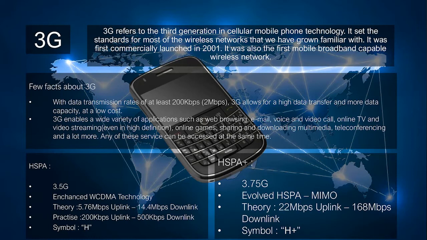Next, HSPA Plus. After another improvement and advancement in the HSPA network, an evolved version in release 7 of 3GPP was launched as HSPA Plus or Evolved High Speed Packet Access. This is also termed as 3.75G, with advanced encoding technique and using multiple antennas to transmit and receive data requests. Data transmission rates increase up to a peak speed